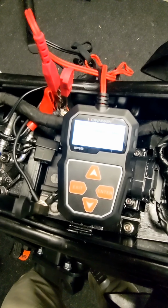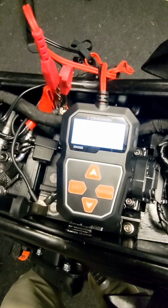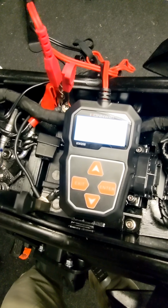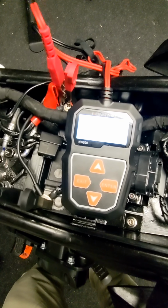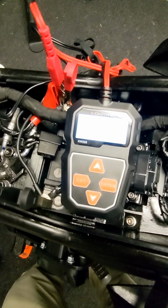We've covered basic testing with a multimeter, how to jump when we're in a hurry to get out of somewhere with a battery that's down. We've talked about battery tenders, maintainers that keep a healthy battery strong. Let's move to the next step, and let's say that we have a battery that's continuing to act up even